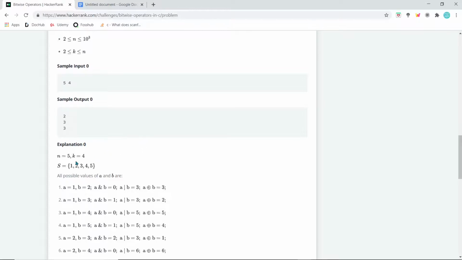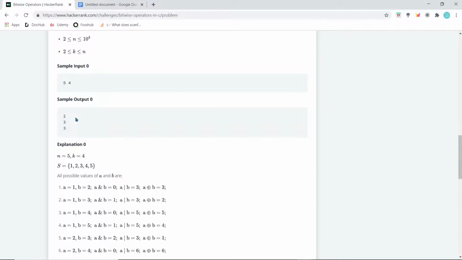Okay, so first we have n is equal to 5 here, and we have k is equal to 4 here, right? So the possible values of numbers on which we are doing the operations are 1, 2, 3, 4 and 5. Okay, and 4 is the limit of the result. The result of the operations that we do on this set of numbers must be less than 4. Okay, not even equal to 4, it must be less than 4 to be considered as a result,